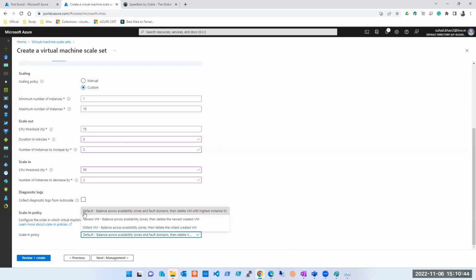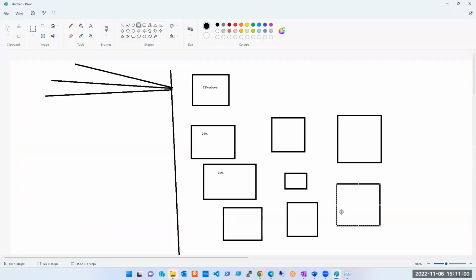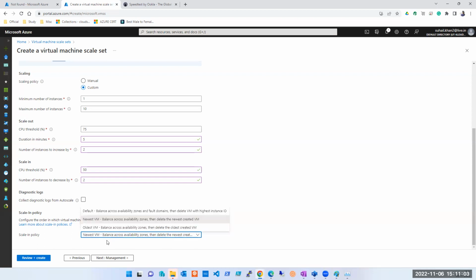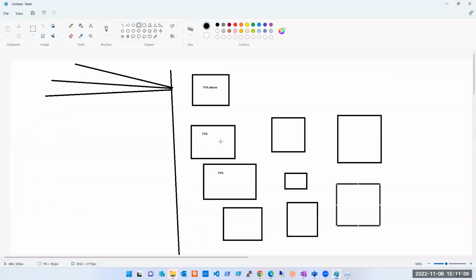So this is a very nice option, guys. What it does, if I keep the default one, let's first discuss the below 2 options. These are very simple, one liner. Newest, I hope you understand what newest का मतलब क्या होता है. If I select this, तो जो भी newest machine बना होगा ना, last machine, that will get deleted. If I select oldest, so जो भी पहला machine होगा, that will get deleted. Is it clear? Newest and oldest. Yes, guys, I hope it's clear, right? Newest and oldest. Okay.